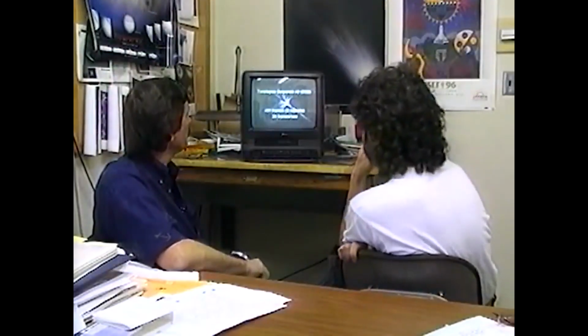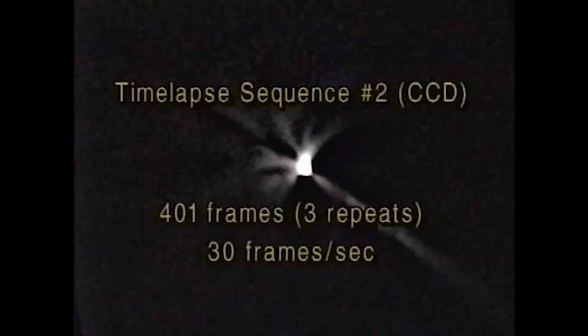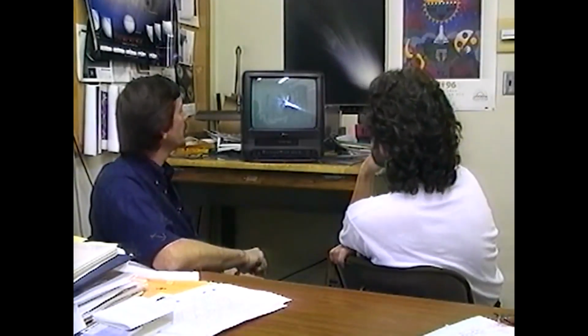Then the sequence that shows the near nucleus structure is particularly interesting because the brightest part of the comet is all dust, and these are being given off from a rotating nucleus from discrete areas. And so you almost get a lawn sprinkler effect for the different active areas as the nucleus rotates. On the first night, there is a slight clockwise rotation, but on the second night, the jets appear to be shooting straight out. The pressure of sunlight curves the dust jets back in either direction, but with little rotation.